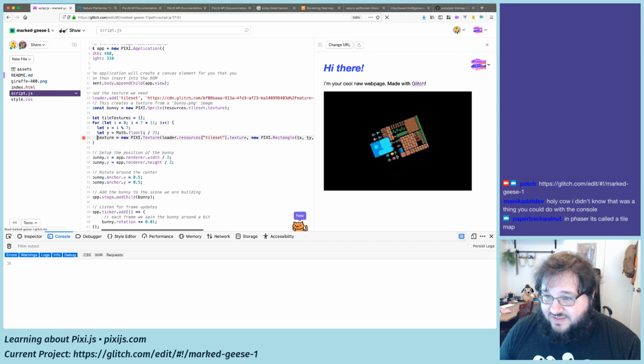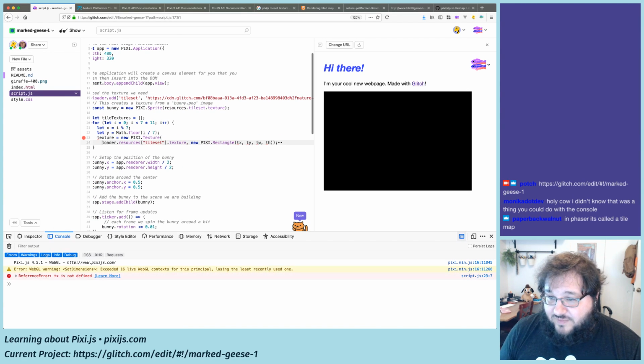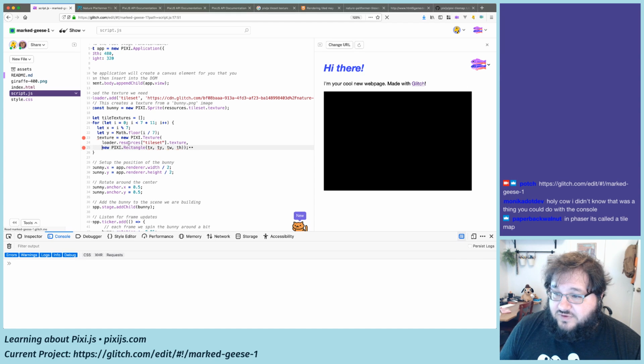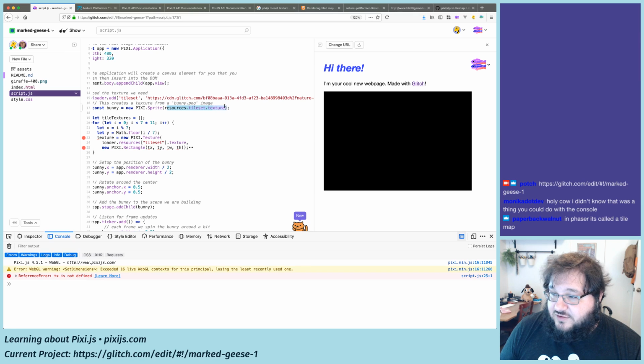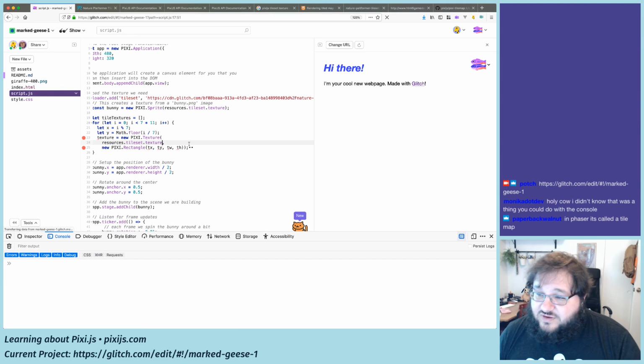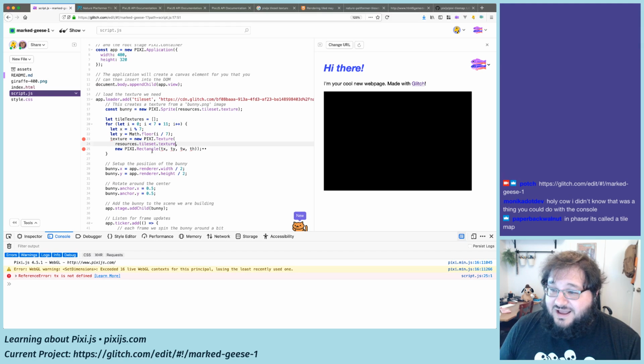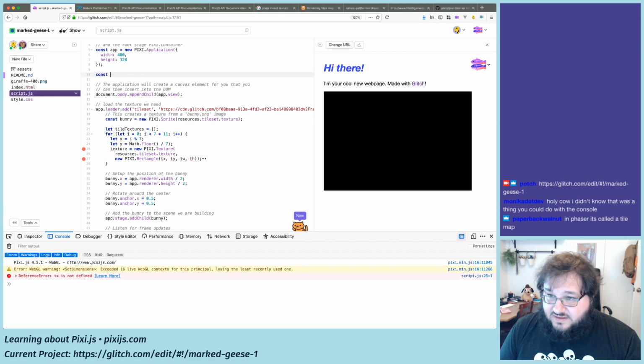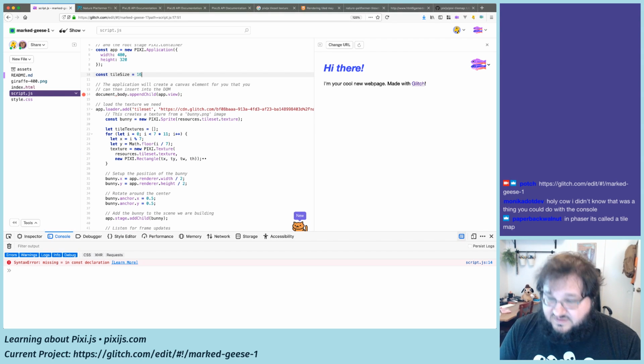I'm just going to copy paste this piece of code in and format it a little bit. It's called resources.tileset. I don't think we have to. Looks like they're doing an older way of doing that, with the named lookup, but I'm going to do this. Resources.tileset.texture, and then we know that our tile size is, let me define that. Const tile size equals 16. And then I can say